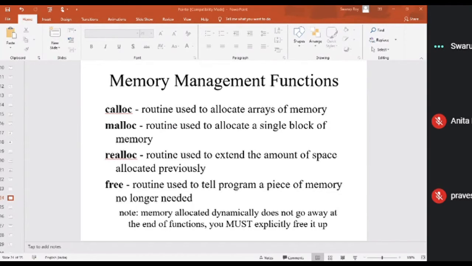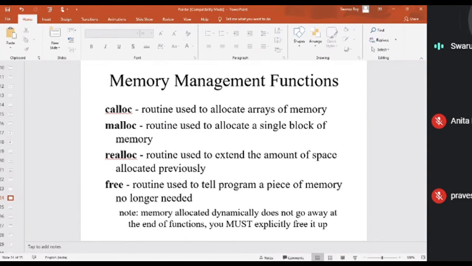My intention here is that if you declare something statically, such as a variable during program writing, it is the responsibility of the compiler to clear up the memory. If you do it on your own, the responsibility lies on you to clear up that memory. That is why it is always a good practice to use the function free to clear up the memory space that you have allocated.